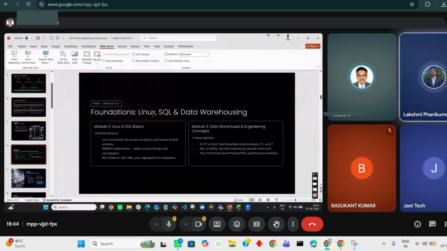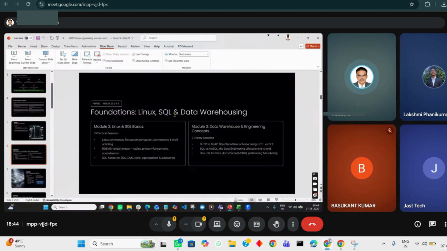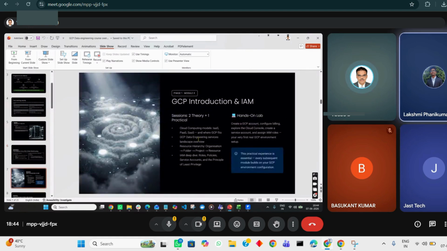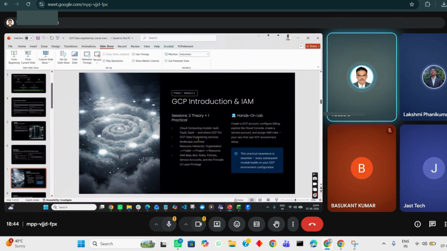They don't use Windows. We also have foundations for RDBMS and SQL statements, and data warehousing concepts related to OLTP and OLAP using BigQuery and Bigtable. And everything starts with GCP, because the concepts we have seen in the previous slides have to be customized and implemented on GCP. Those concepts can be implemented in Azure or AWS also, but we are going to see how it is customized, structured, and organized into various services on GCP.